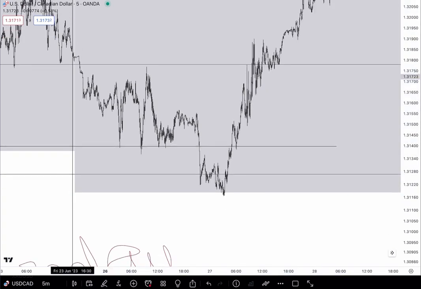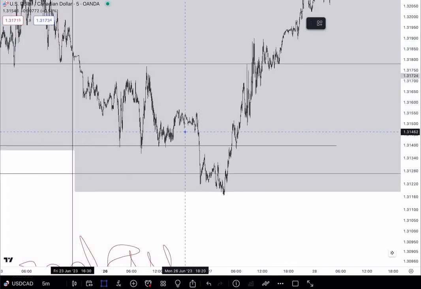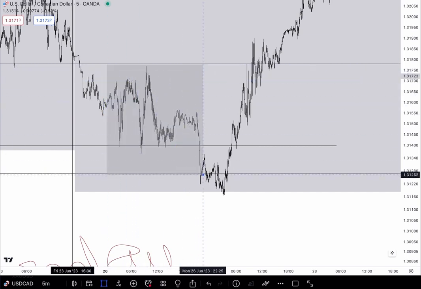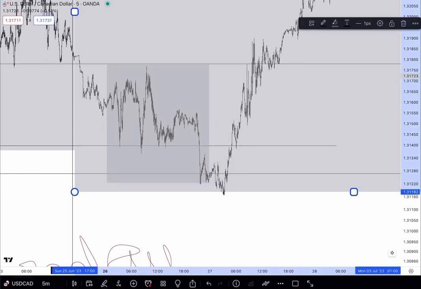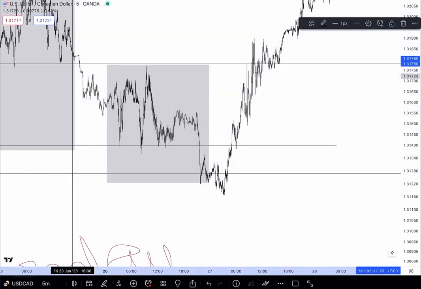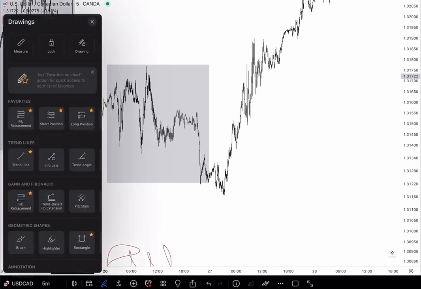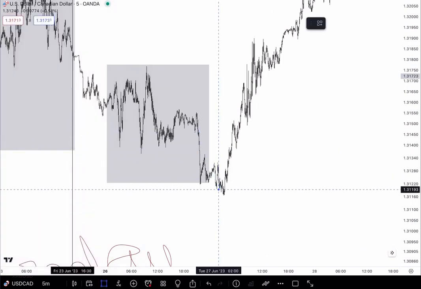Let's see. First of all, this is the Monday range, right? Just to visualize what it looks like. This is a Monday range play, what it looks like. This is the range of Monday. On Tuesday, right,